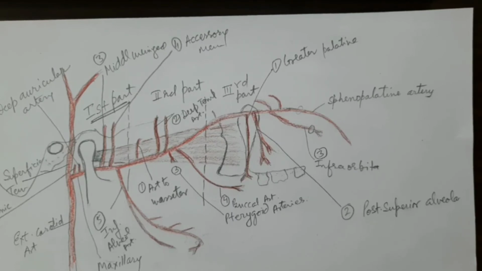Now this artery of the pterygoid canal, this branch will pass backward to the pharynx. It will go backward to the pharynx through the pterygoid canal and will supply the mucous membrane of the pharynx, pharyngotympanic tube and the tympanic cavity. That means middle ear cavity. Okay, tympanic cavity means